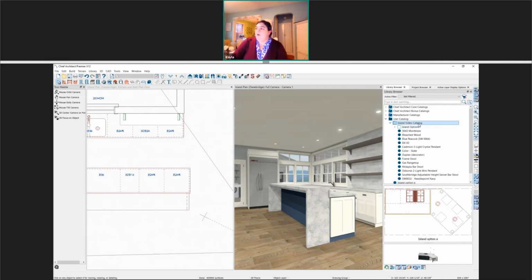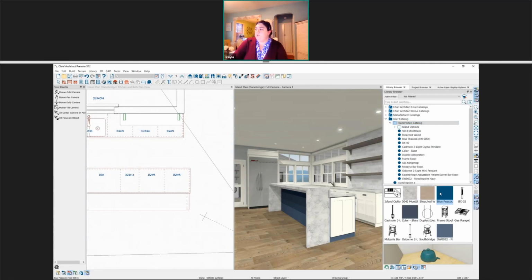Here in this catalog, I have this blue-green color. I'm going to start by pasting it onto all of the room, which is a good reason to have your island cabinets already be a different color than the rest of the cabinets in your room. That way, when we select to change all of the materials of that color in the room, it wouldn't affect any of the other cabinets that you have in this kitchen. So that's something I recommend, even if you're using the same color, if you can use just a slightly different variance of it.